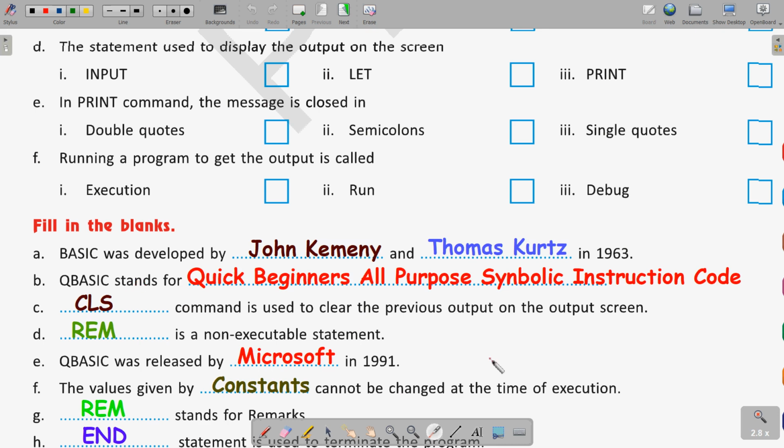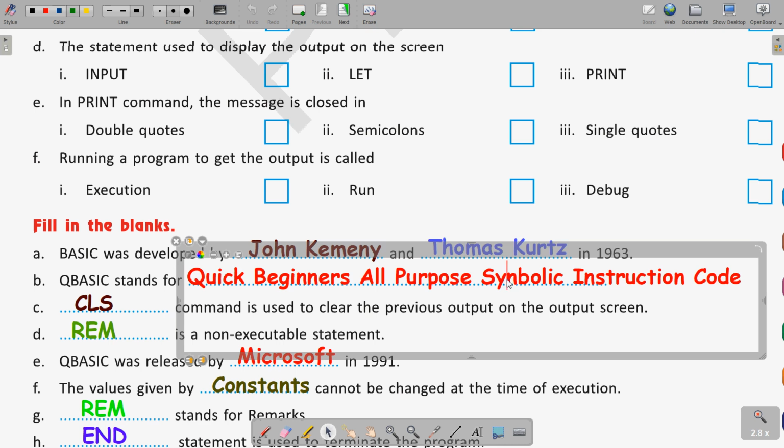So what is the answer of this question? QBASIC stands for Quick Beginners All-purpose Symbolic Instruction Code. Clear? It is symbolic. Let us correct this.